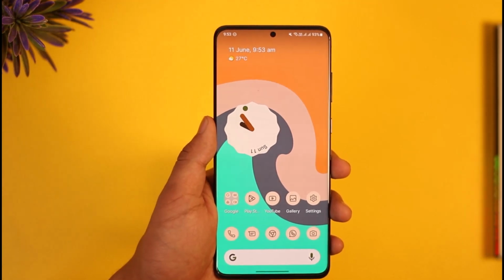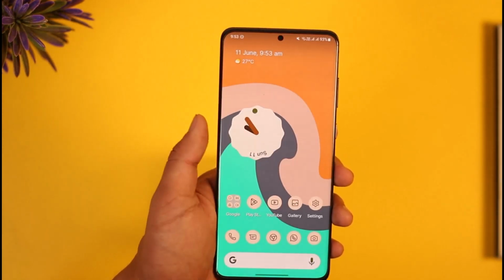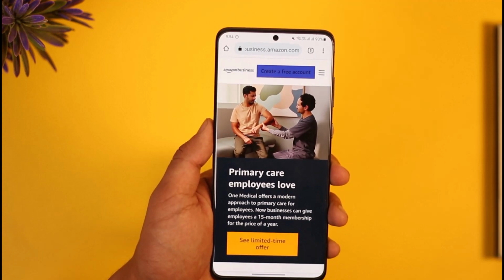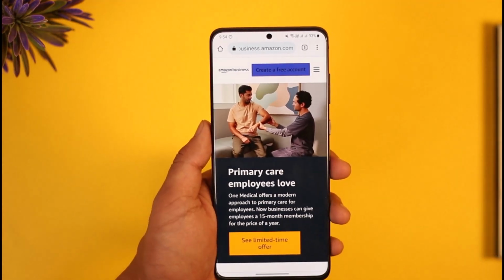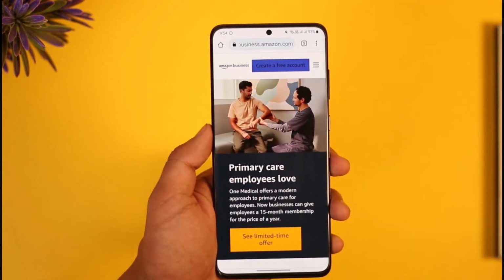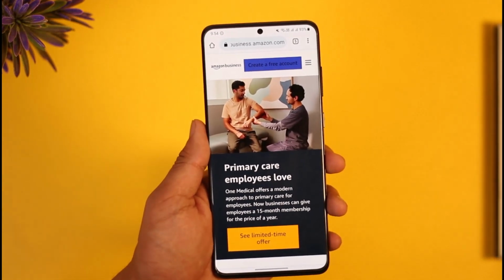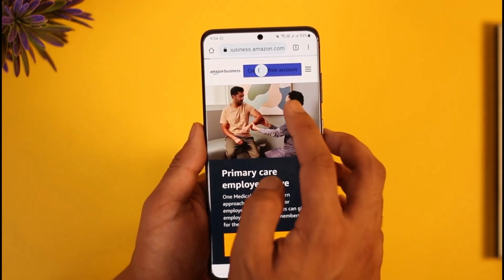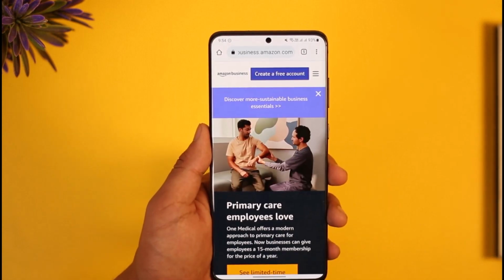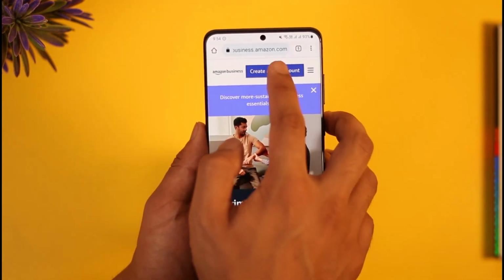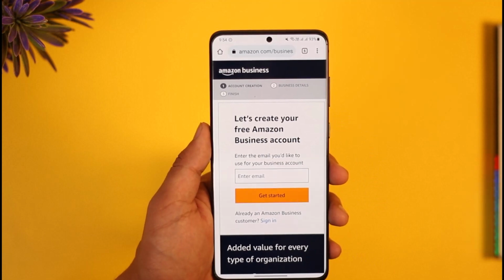If you'd like to create an Amazon business account, all you have to do is simply go ahead and first of all open up your browser, then just go to business.amazon.com. I will also make sure to drop a link below, and then you'll land on this website that you can see here. Once you're on the website, what you want to do is at the very top of the screen, you're going to just find this option where it says create a free account, right? You want to make sure to just tap the create a free account option over here,